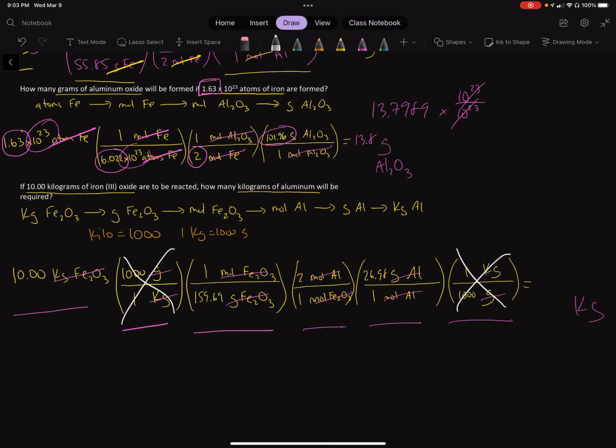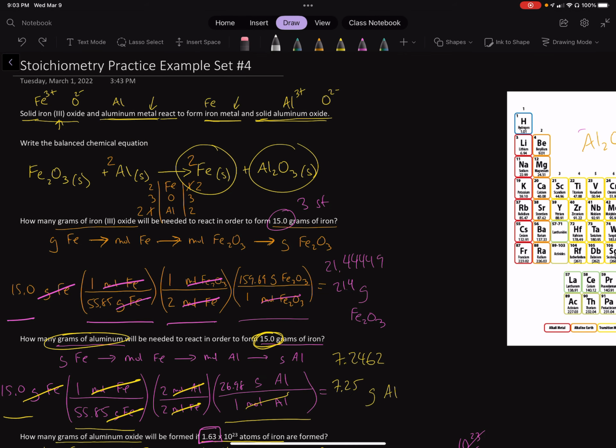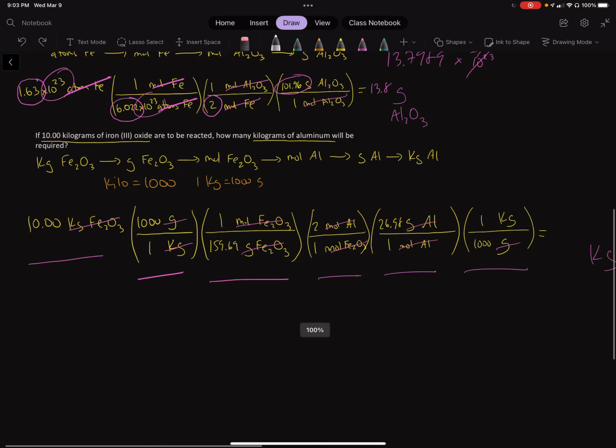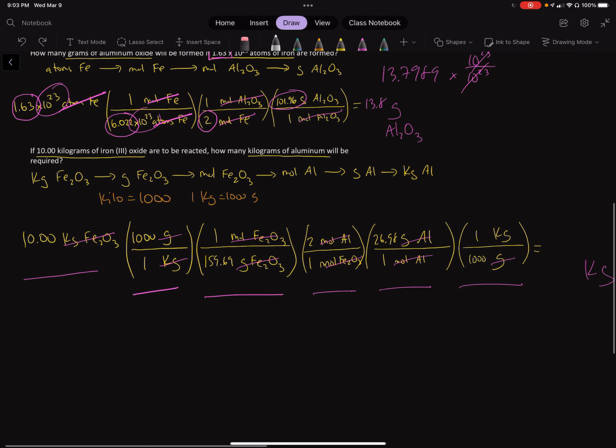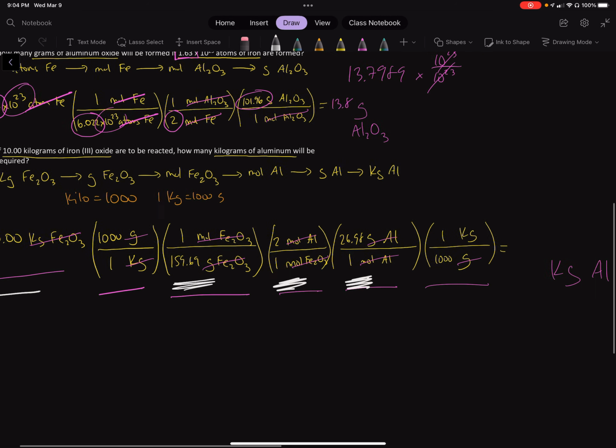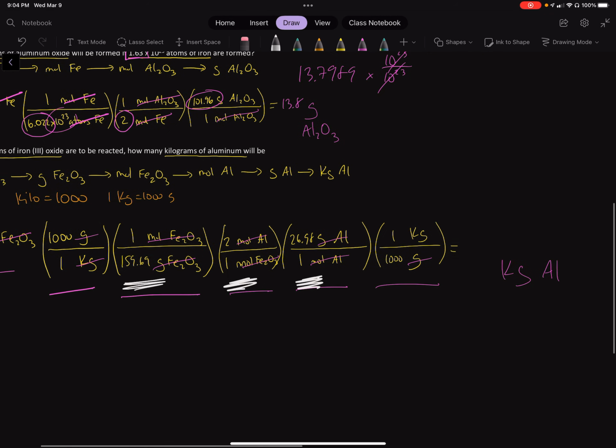I'm not saying you should skip them when you write out your work, but when you're typing them into the calculator, you could literally just skip them because they're just kind of going to cancel each other out. So I'm going to type in 10 divided by 159.69 times 2 times 26.98. And when I do that, I get